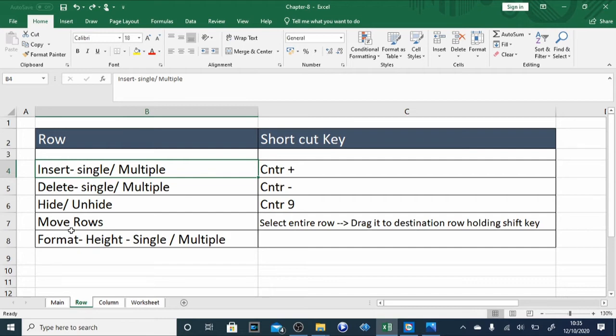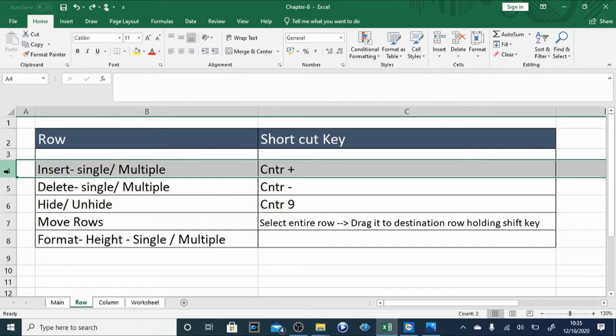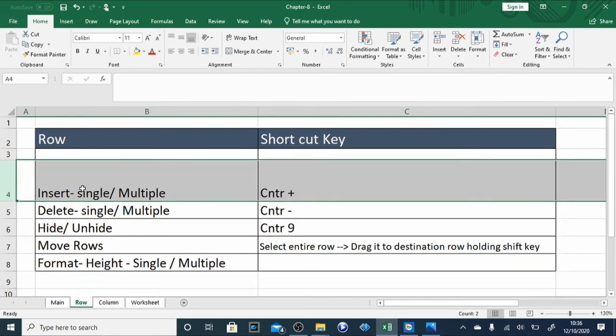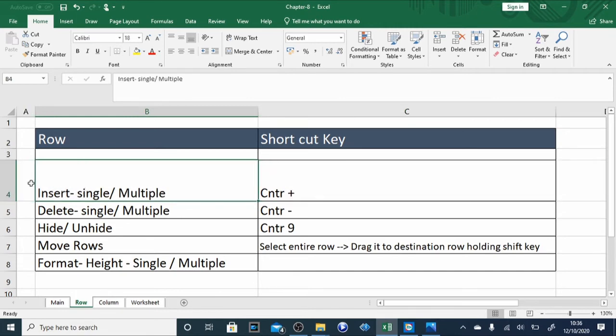Okay, now we will see another command for the rows, that is format row, single and multiple. It is a very easy method. Say I need to increase the height of row number 4. What I will do is select this and bring my cursor over here, to the up and down key here, and then just drag it to the height you want for that particular row. Say I want it till here and it's done. So this is how you can format the height of rows. This is how you can do it for a single row, and similarly you can do it for